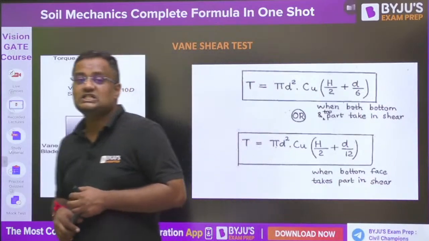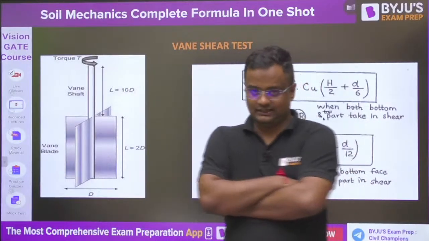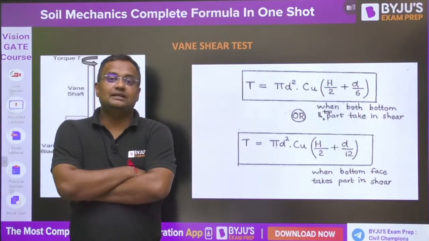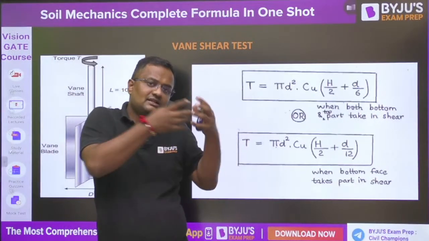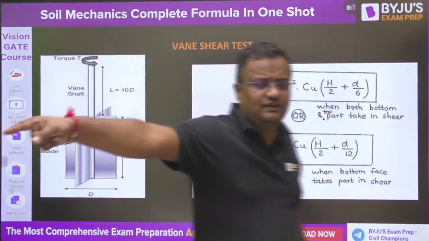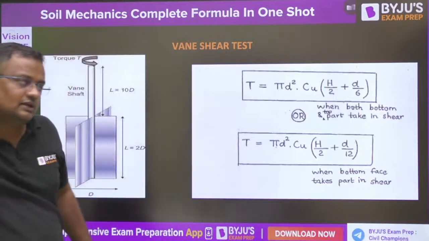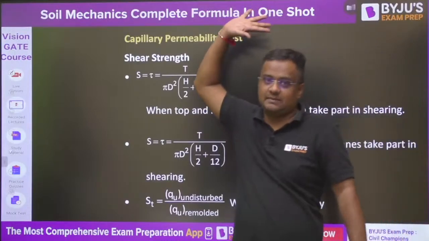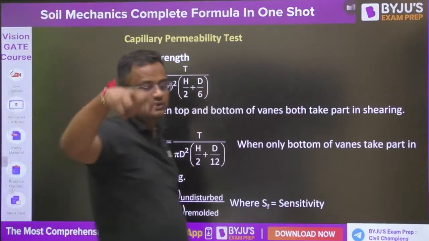But if a soil is very sensitive, that means its properties change very drastically. When the properties change very drastically, if we take the sample from the field and prepare it for the triaxial test, then C and phi are not inherent properties. We are not getting the actual C and phi that act in the field. We are getting different values, because C and phi are not fixed properties, as I just told you. So in that case we have two options. Either you take an undisturbed sample, where the void ratio does not change, or you do the testing in the field itself.